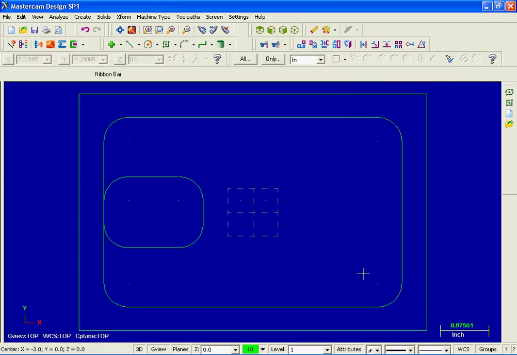So there's the rectangle. Now what we need to do is do some deleting, and followed by our deletion of some of these entities, I'm going to move into trim. So moving up to the top of the screen, I'm going to hit the icon for delete entities. Now when prompted, select entities. I'm going to select this arc,